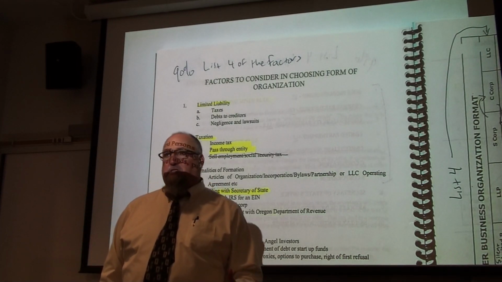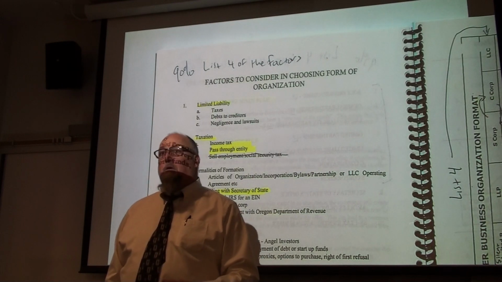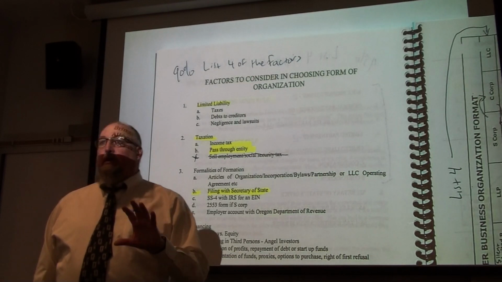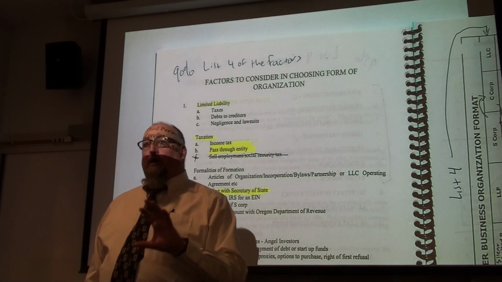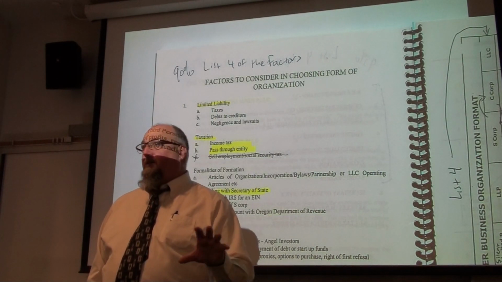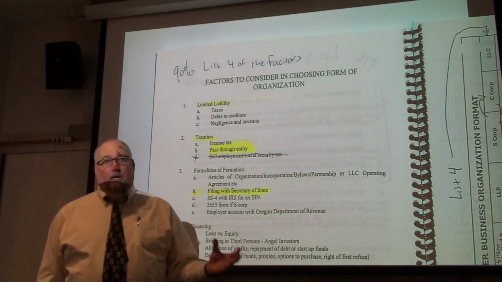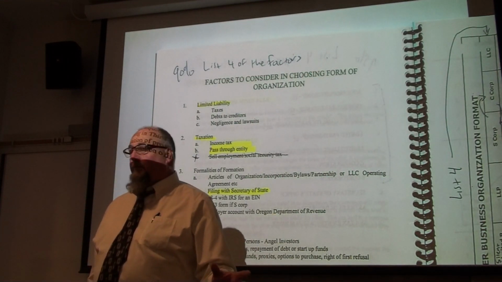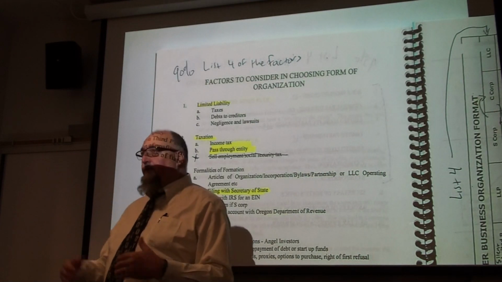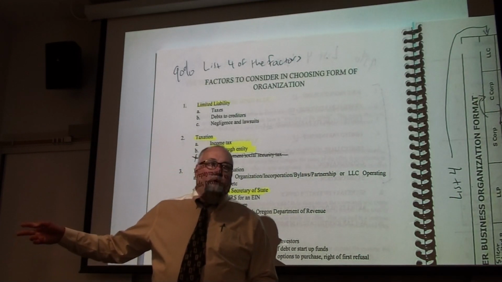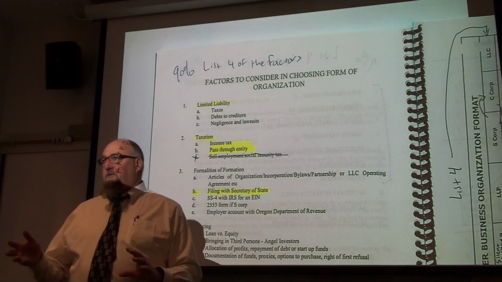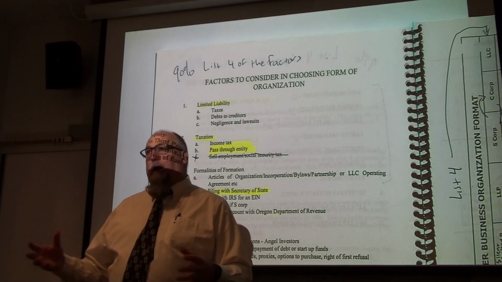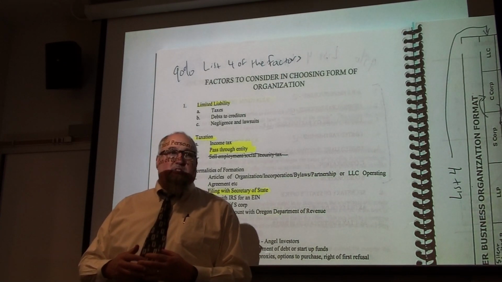Now, some organizational formats, like a limited liability company or a corporation, provide a high degree of protection from potential claims arising out of a lawsuit. And others, such as a sole proprietorship or a general partnership, have no protection whatsoever. There's no barrier at all. So that's one of the things we look at on my chart, and we'll go back to that in a moment, is which of the entities provide some or a high degree of protection, and which ones have no protection